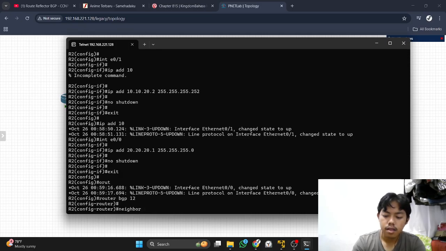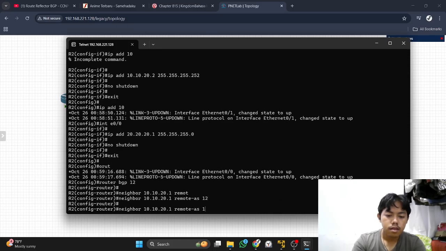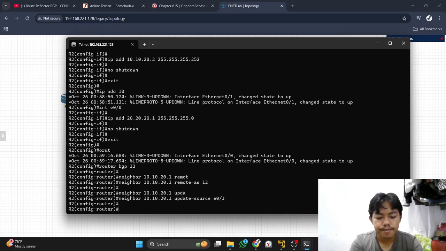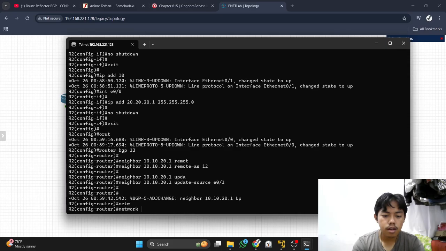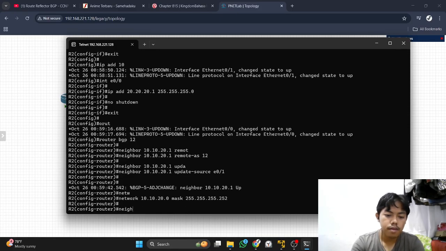Neighbor is 10.10.21. Remote-as 12, and then update source, and network, mask. Okay, we go to the other neighbor.